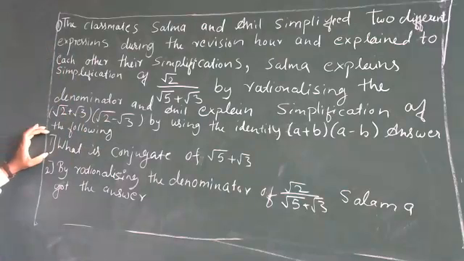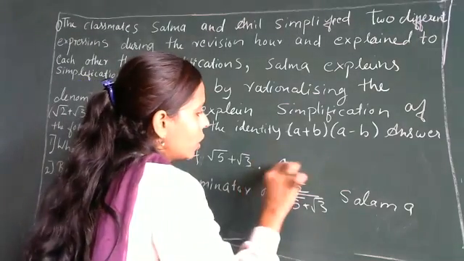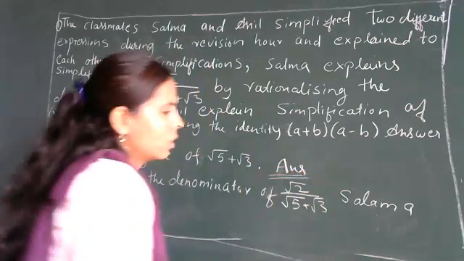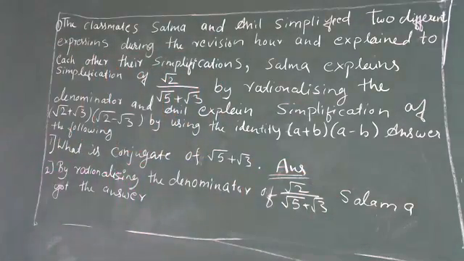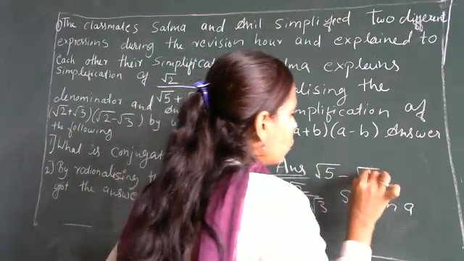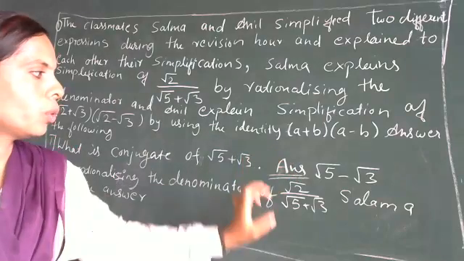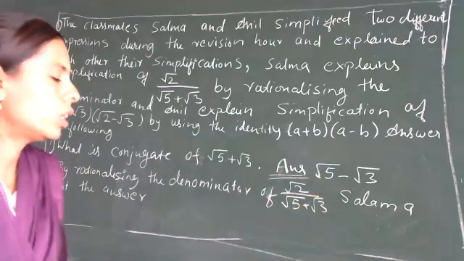So first they have asked, what is the conjugate of root 5 plus root 3? And I think you know the answer to this. What is the answer? Root 5 minus root 3. Yes. Simple questions were there. You just have to read the questions carefully, and the data also. Then second, by rationalizing the denominator of root 2 divided by root 5 plus root 3,